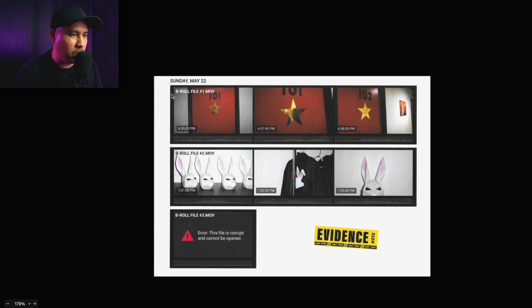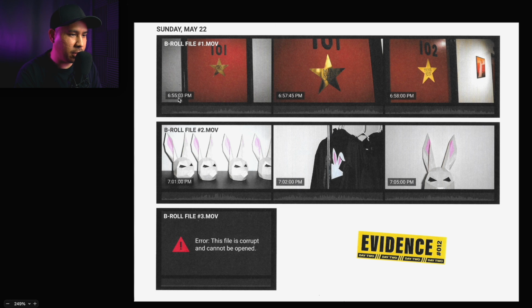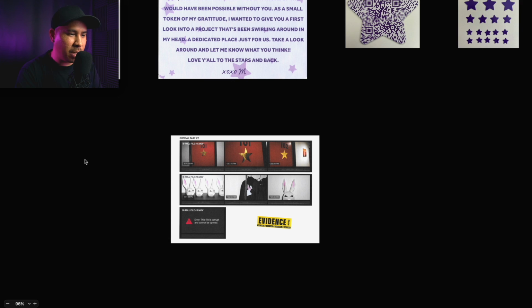Oh, so this is the B-roll footage. All right, so this is from David. On Sunday, 6:55, this is the outside of the door. So 101 was for Mia, 102 was for Trixie. And then we have the rabbit masks, the costume rack, and another helmet here at 7:05. So we remember that it was estimated to be at around 7:11. That's when it happened. I think we're gonna have to put all these together in chronological order with the shots from day 1, which I might as well just do right now.